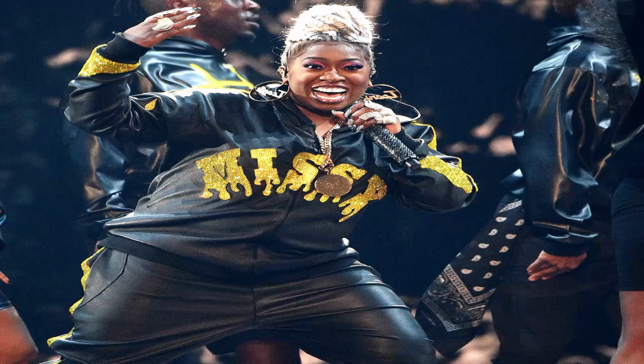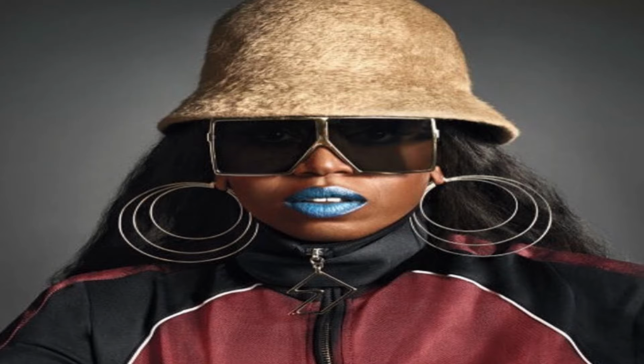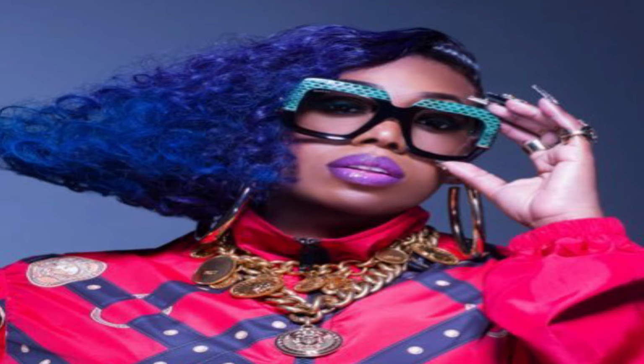I think that is what I like about her the most, is that I feel like she was one of the true innovators of her time. Their whole sound was so different than what was considered R&B or rap at the time. I think that's why it was so hard to throw her into one category, because she did so much in changing the sound of hip hop and R&B that, I mean, Missy is truly one of my favorites of all time. And as a producer,